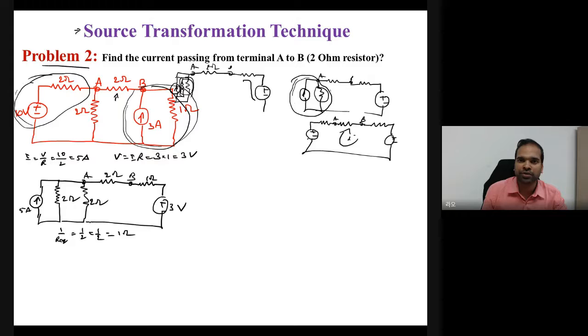1 ohm. Okay, clear. Now instead of these two resistors, can I use a 1 ohm resistor? Yes. So we have a current source, and that is connected in parallel with what? Internal resistance of 1 ohm, and this is what? 5 ampere. So you should not change terminals A and B.